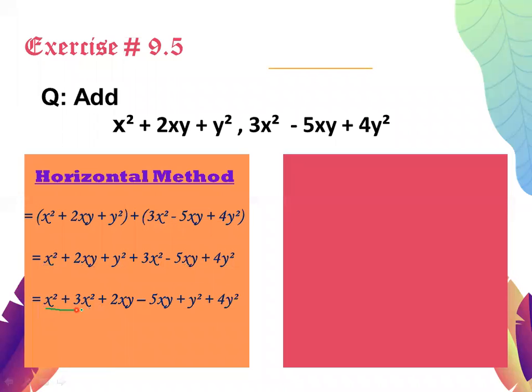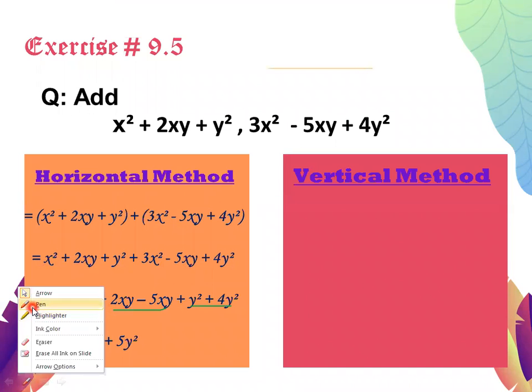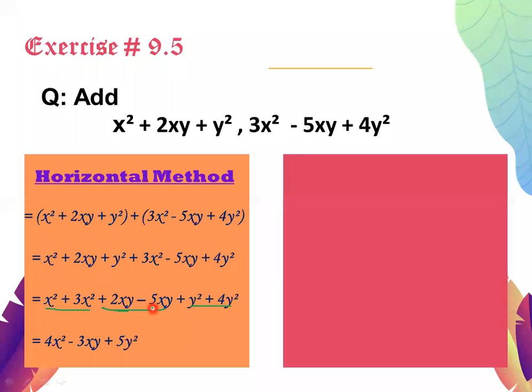So you are going to add this one, then this one, and then this one. So 3 plus 1 will become 4x square, the variable will remain the same. Now look at this one, this is plus 2xy and this is minus 5xy. So plus minus will be minus, so you are going to subtract 2 from 5. Subtracting 2 from 5 will be your answer 3xy, but 5 is greater,